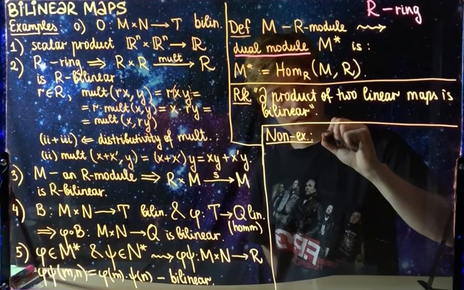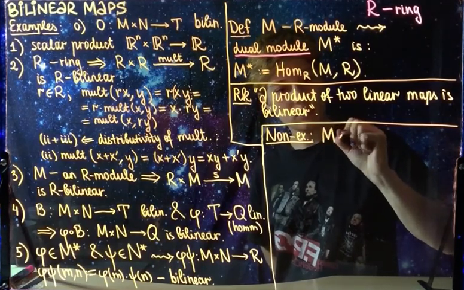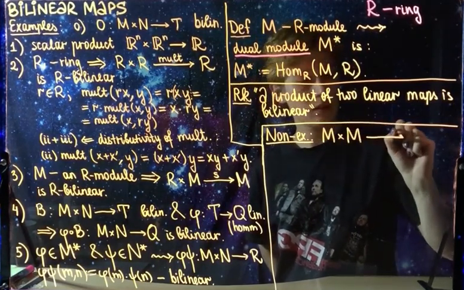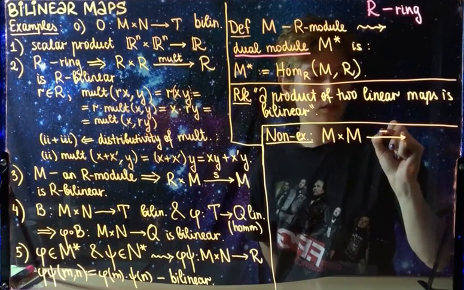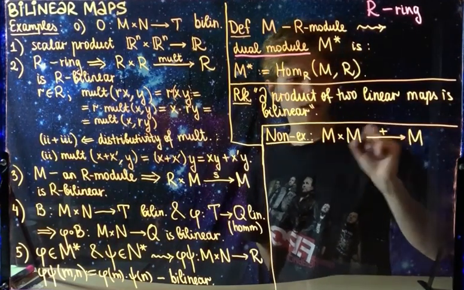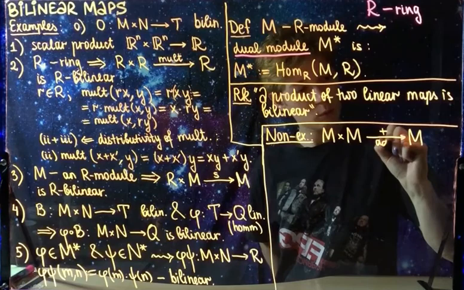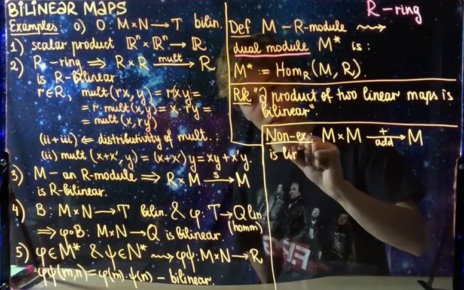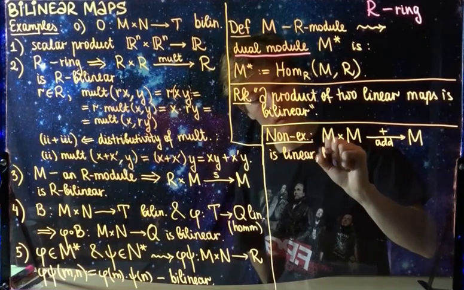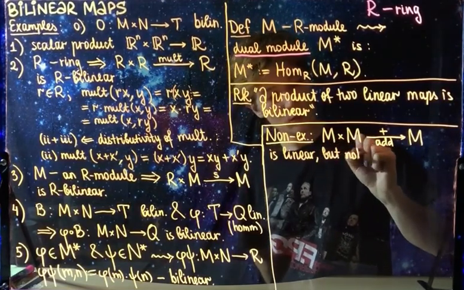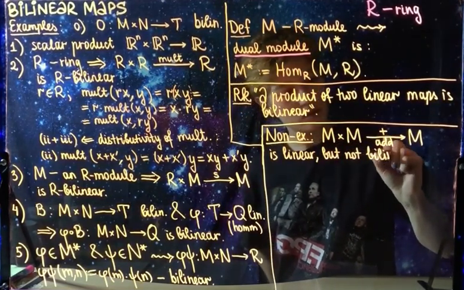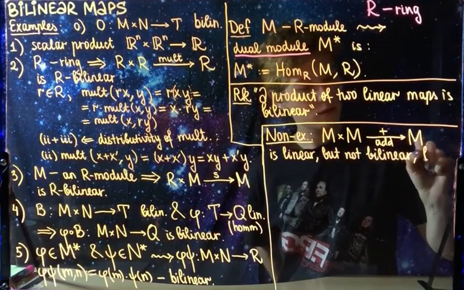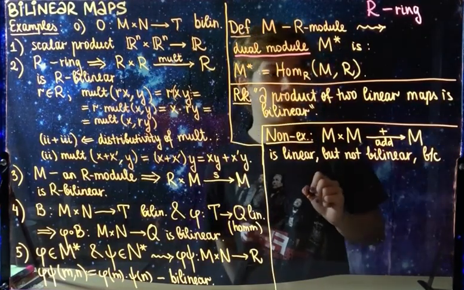So if I consider a module M and I take addition, so this map, I will call it add, is linear but not bilinear in general, because